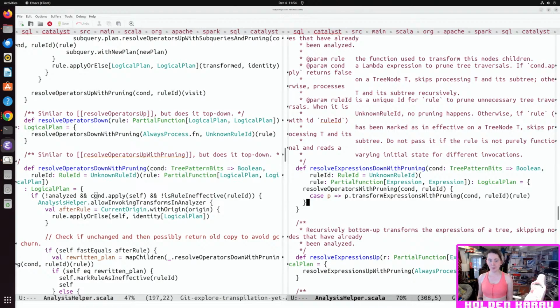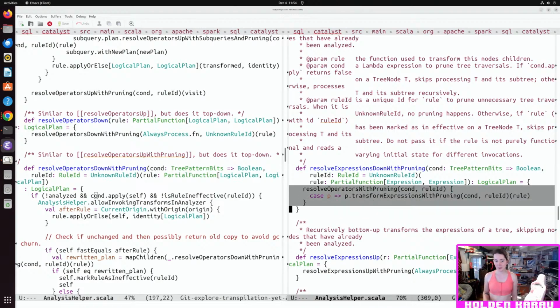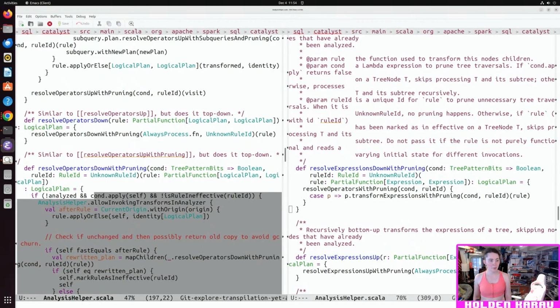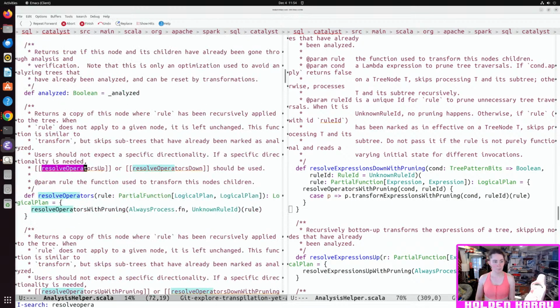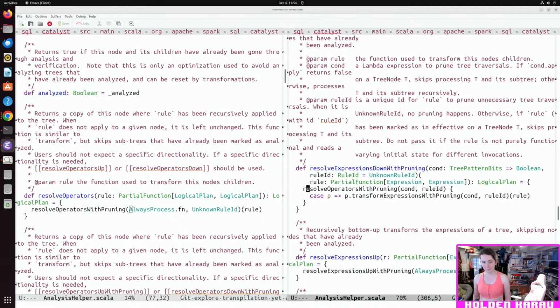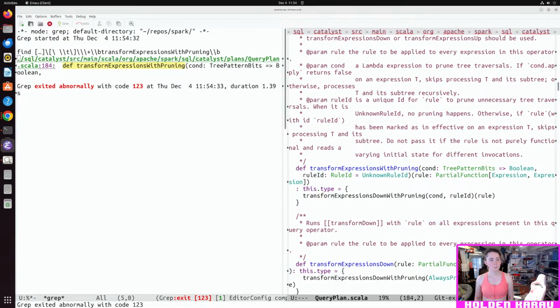And this is the part where we switch from expression to expression to tree, right? Because if we go look at resolve operators with pruning, oh yeah, okay. And then this is calling it on the logical plan. On the query plan. Okay.